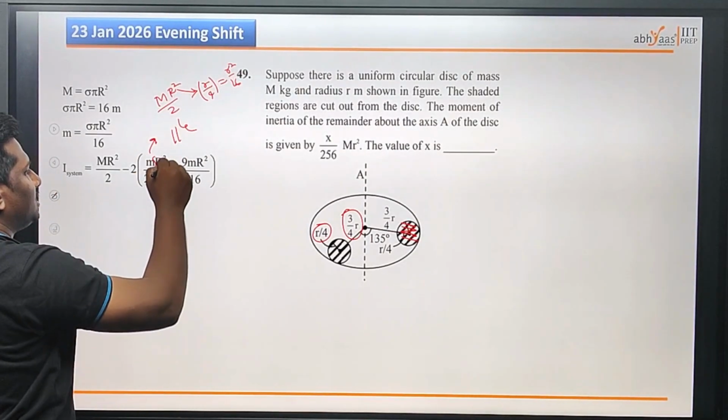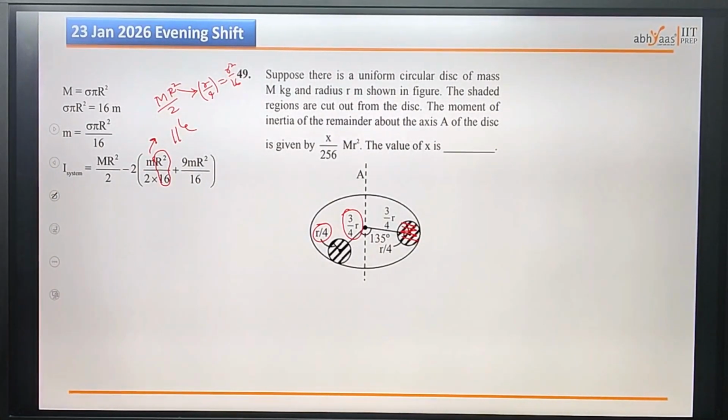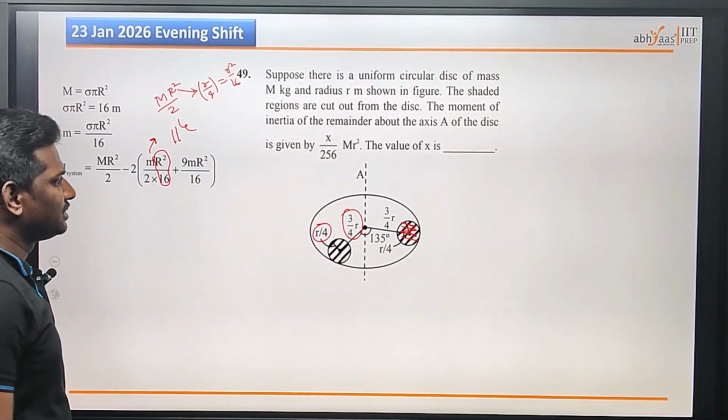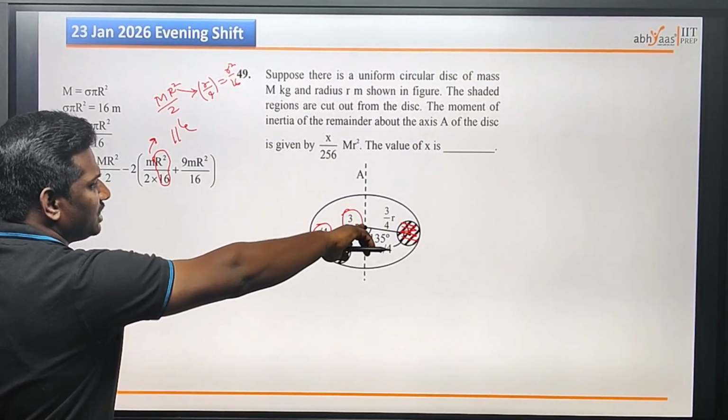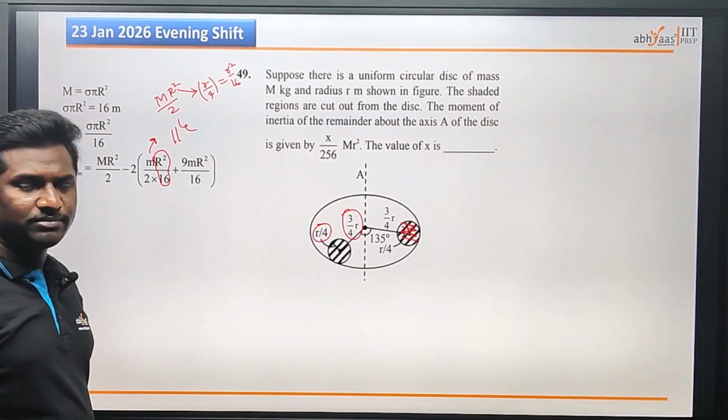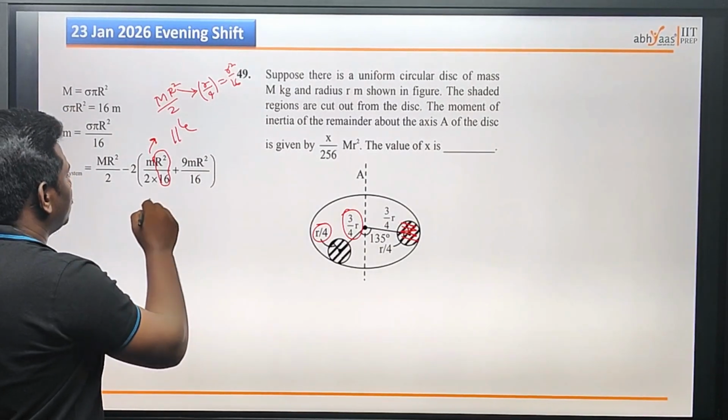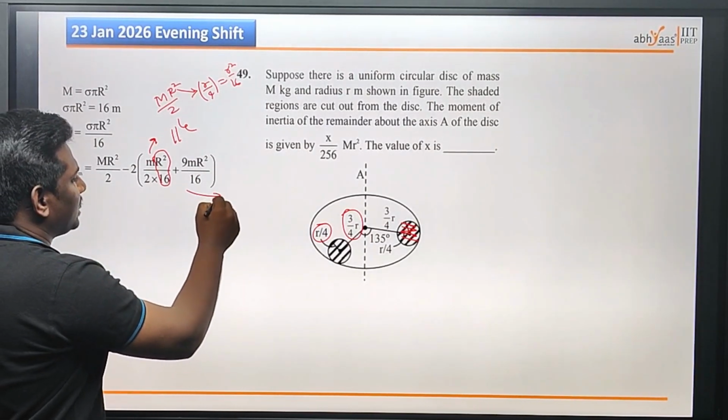Okay, remaining part is there, perpendicular distance m r square. This is as per the parallel axis theorem,